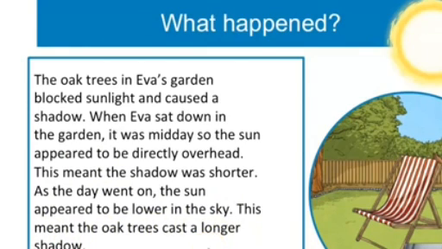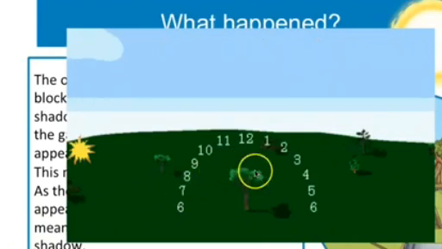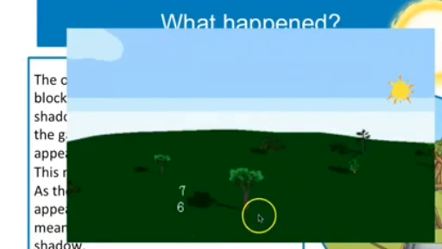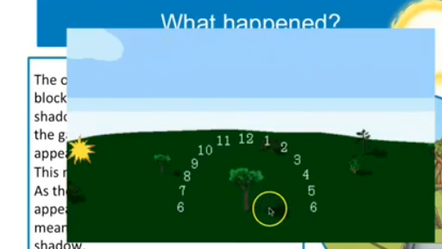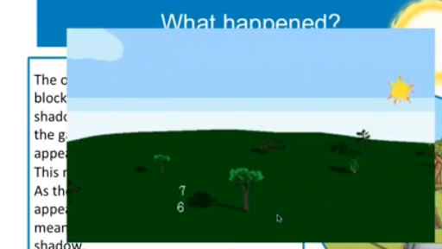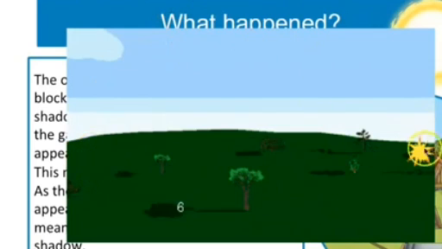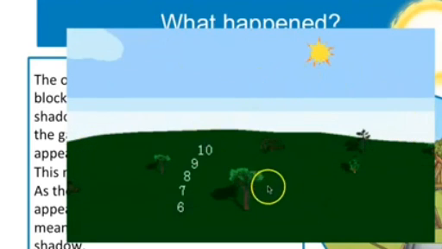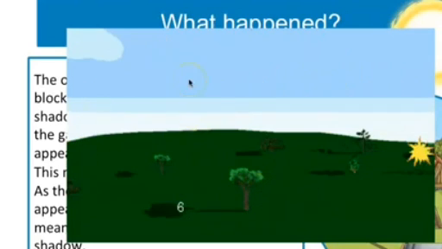Cool. So, if you look over here, look at the tree. Oh, look at the shadow. So Eva was here sleeping, and when it became noontime, the shadow came and it was dark. Yep. So Eva did not move. The sun was moving, so the shadow was moving. Yep. Exactly. And the earth is moving.